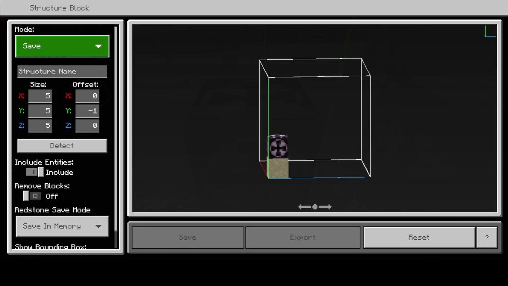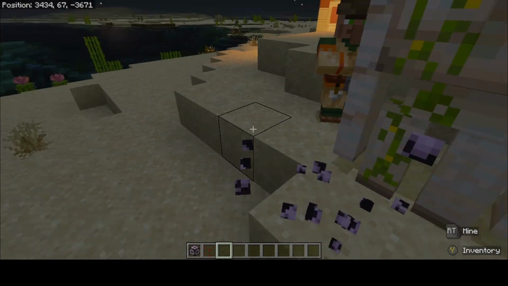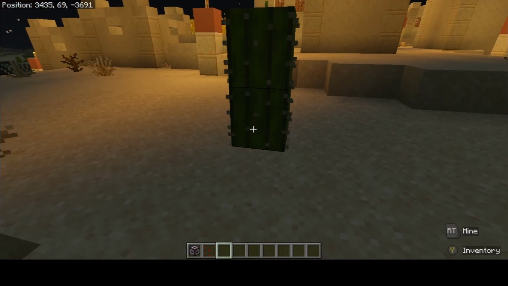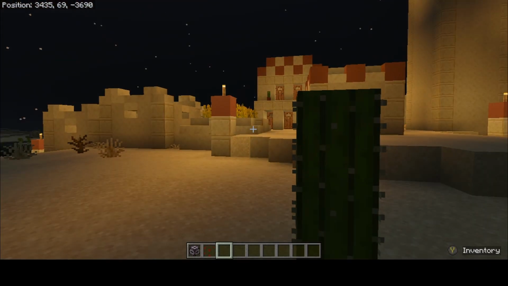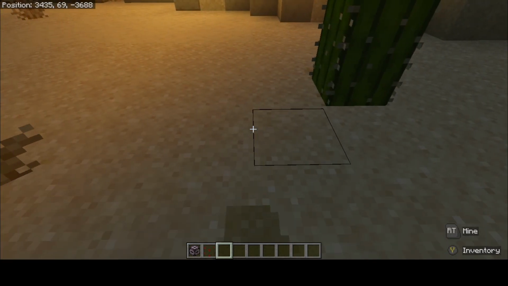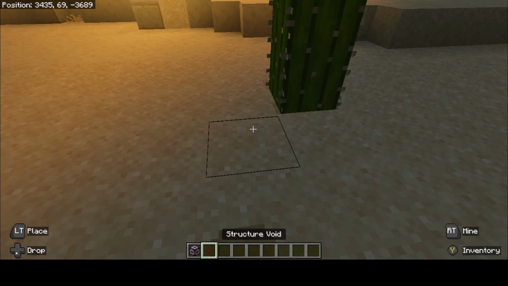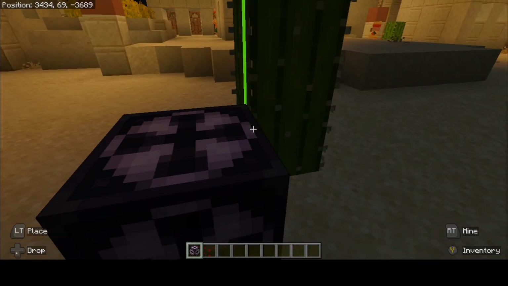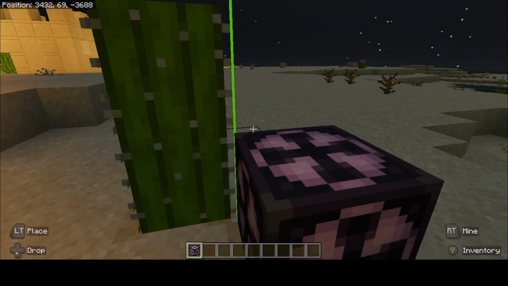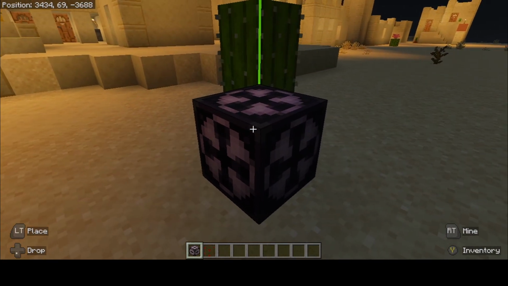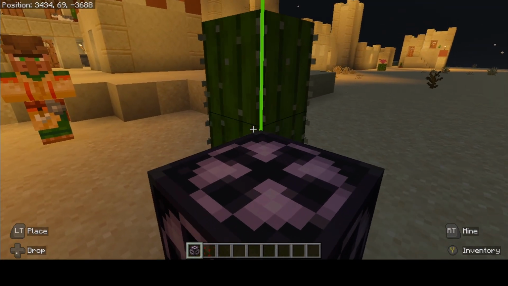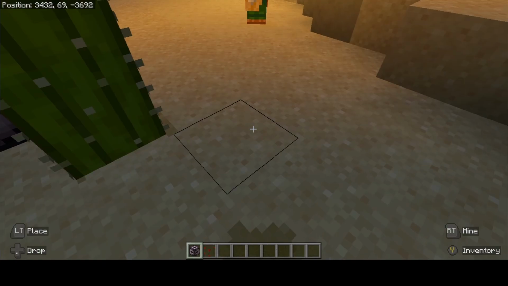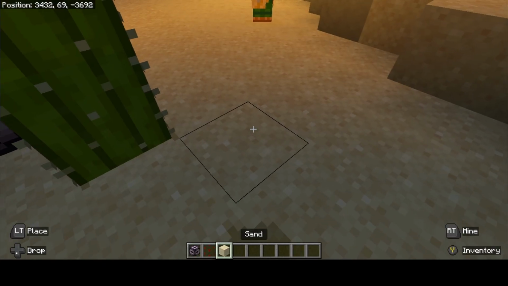Okay. I'm going to back out of this. I'm going to break this structure block because we're not saving anything here. I'm going to go over and find something very simple like this cactus. And you can do this whole village if you wanted to. But for the sake of this video, I'm just going to do something very simple. Let's say I want to copy this cactus. See how you've got the corner of the cactus here? You have to make sure that your structure block is on one side of that corner, just outside of the build. Okay? And then you're going to come over here, and I'm going to take a copy of the sand,